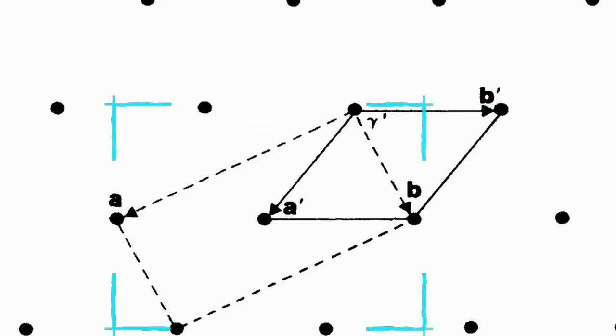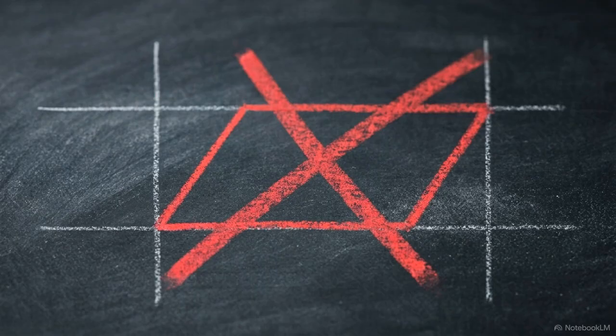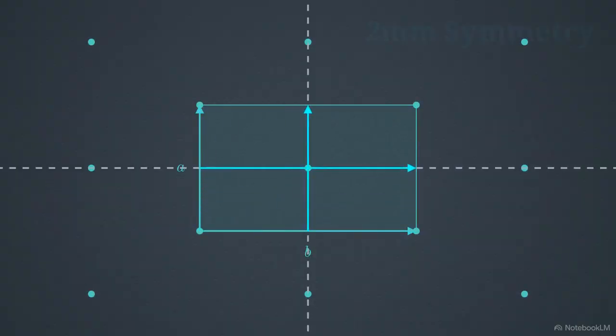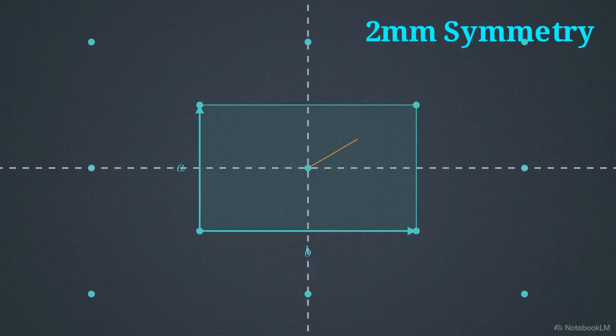angles at its corners. This technical drawing compares those primitive cell labels, A' and B', with a larger choice, a centered rectangular cell, delineated by vectors A and B. The primitive oblique cell is mathematically rejected. Its diagonal boundary vectors completely ignore the orthogonal mirror planes that define the rectangular lattice. The centered cell is the correct choice because it aligns its vectors directly with those mirror planes, capturing what is